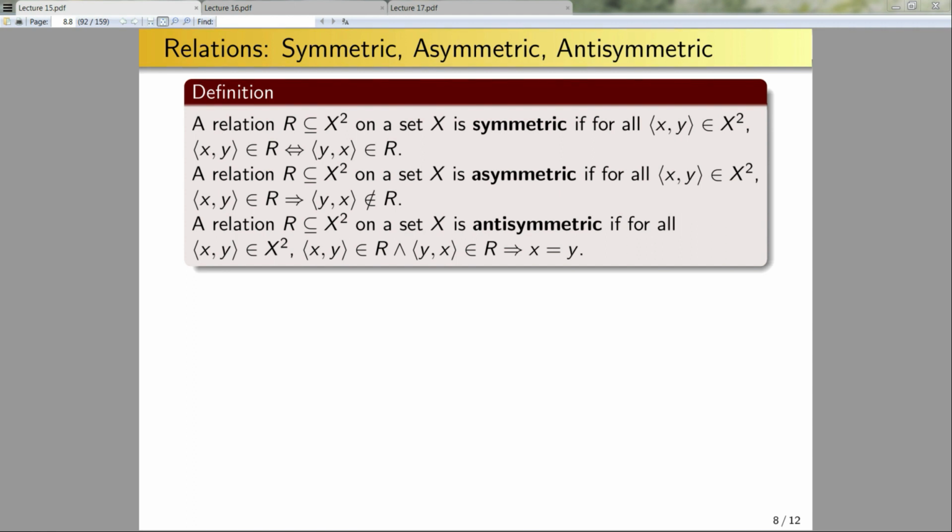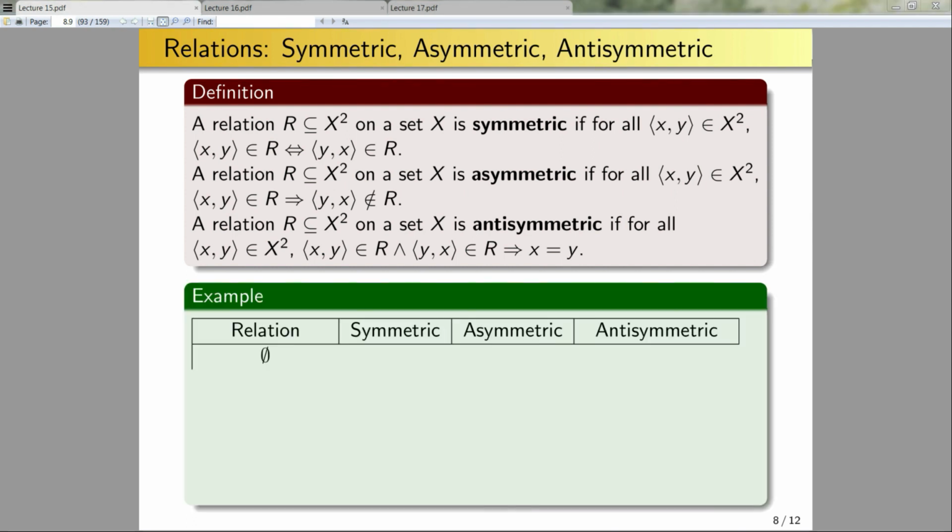So now that I've given you a lot of definitions, let's go through some examples to see what type of relations are symmetric, asymmetric, or antisymmetric. The null relation, would this be symmetric? Well, the null relation will be symmetric if this statement here holds for all elements of the null relation. Well, there's nothing in the null relation, so this is false if and only if false, therefore this is going